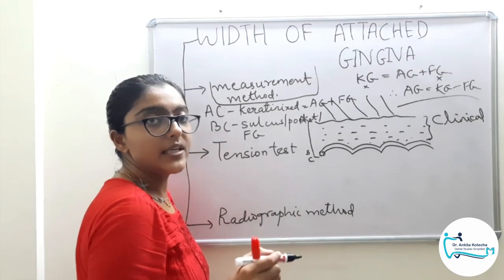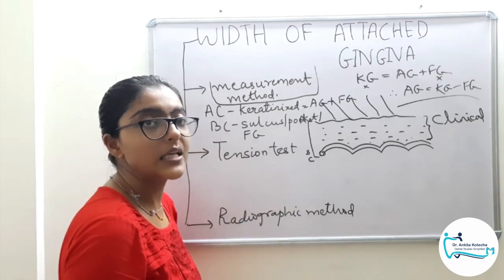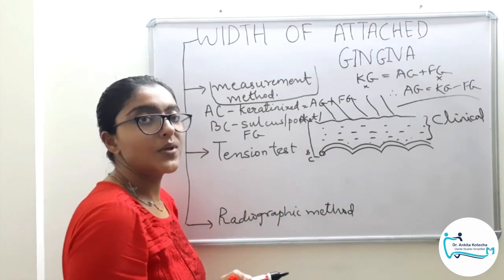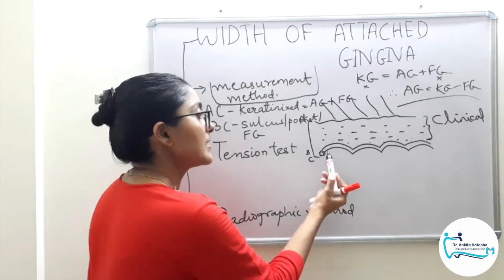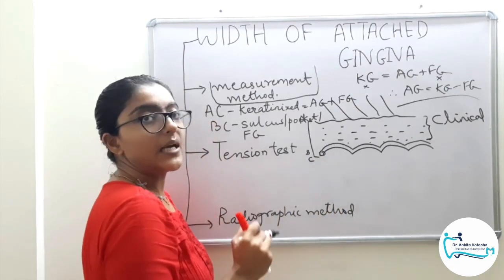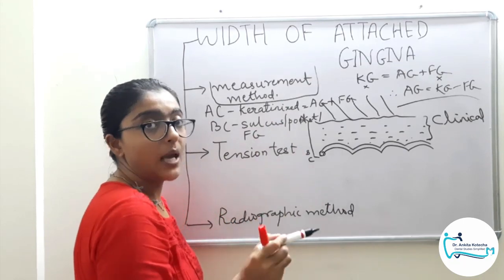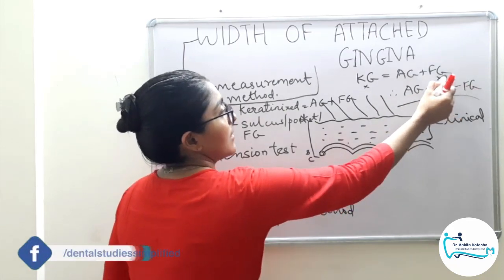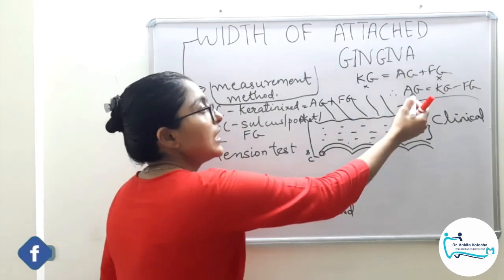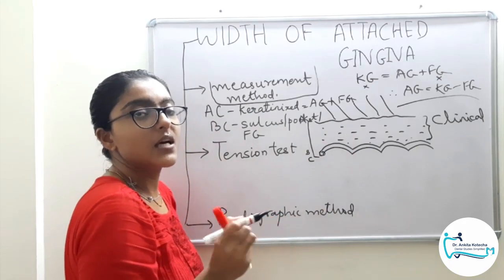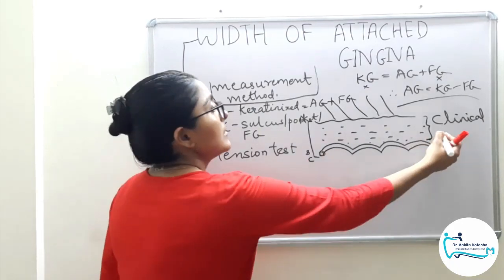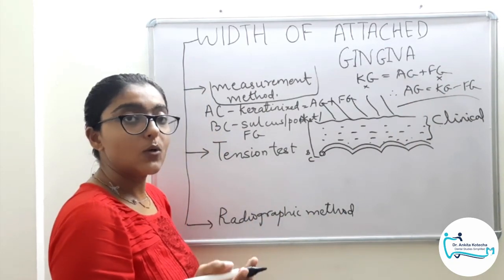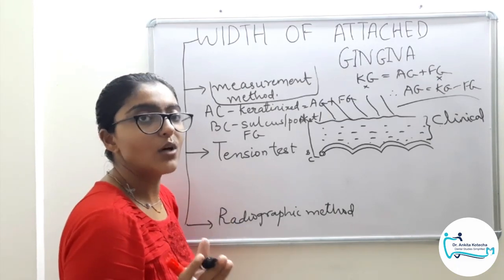Clear? And as already discussed in my video on probing depth versus clinical attachment level or loss, periodontal probing is associated with human error and instrument error, and hence this BC, the probing depth, which is of a pocket or a sulcus, whichever applicable, is associated with error. Now if this value of free gingiva is with error, then obviously the value of attached gingiva derived is associated with error, and that is why this value is called clinical width of attached gingiva. It may or may not be equal to the actual or anatomic width of attached gingiva.